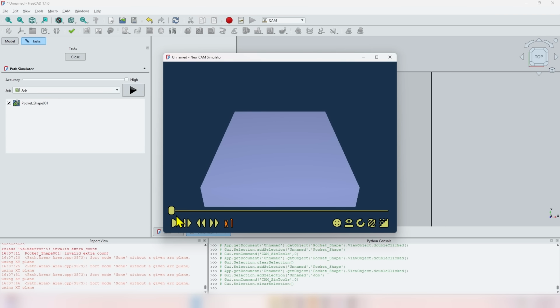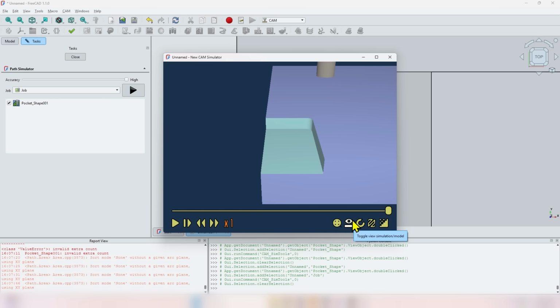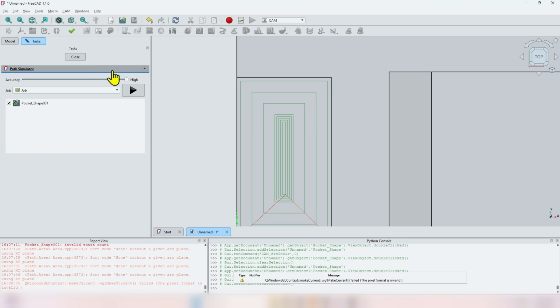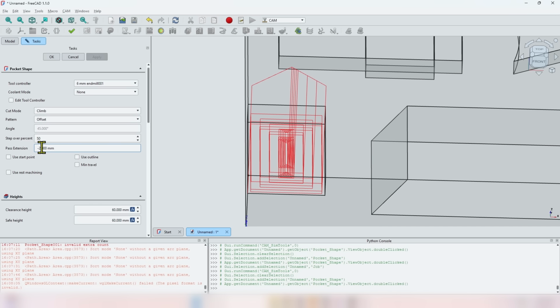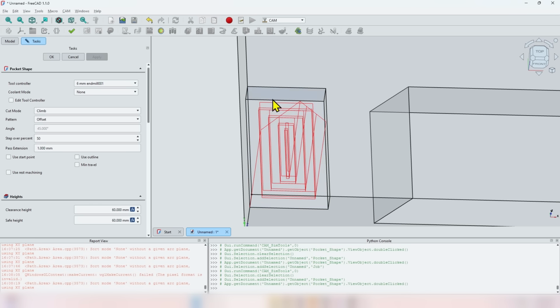Let's go to the simulator, scroll to the end, zoom in a little bit, I will show the model. It's pretty obvious that the milled area is larger than the model. So remember, negative makes the pocket larger, positive makes the pocket smaller. So if you want to make one pass and leave some material for a finishing pass, use a positive pass